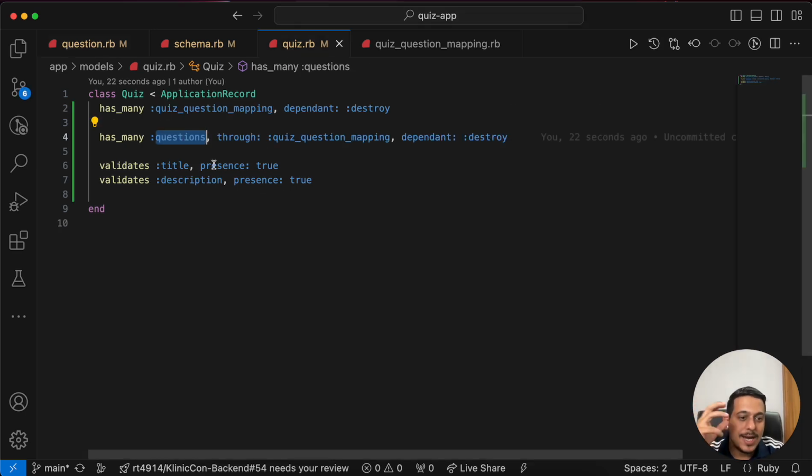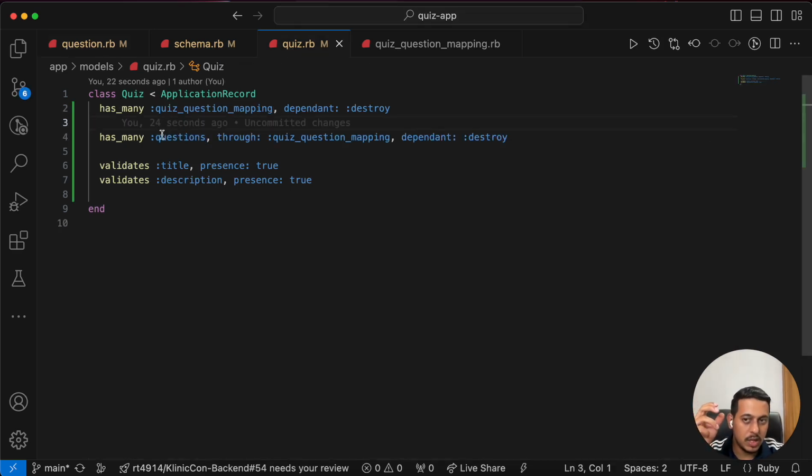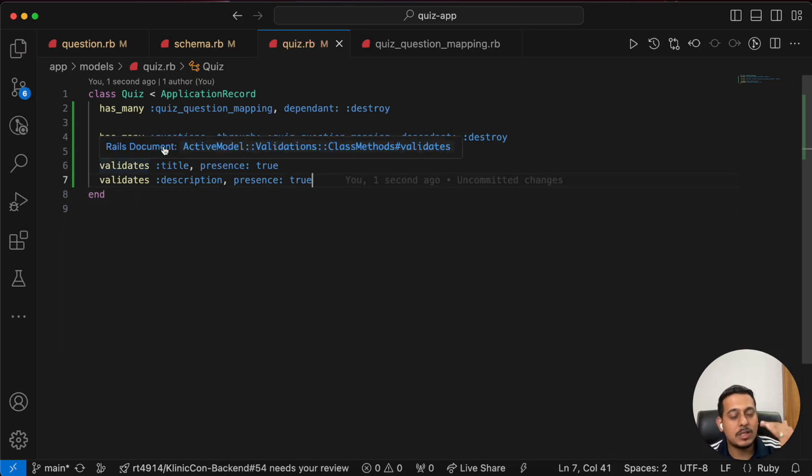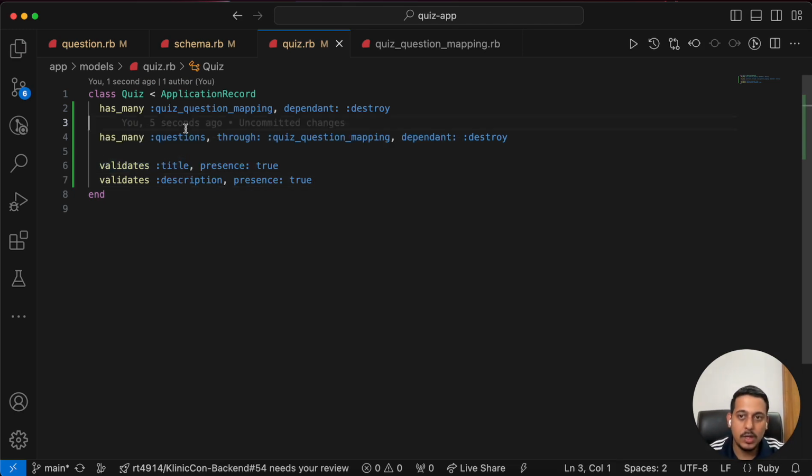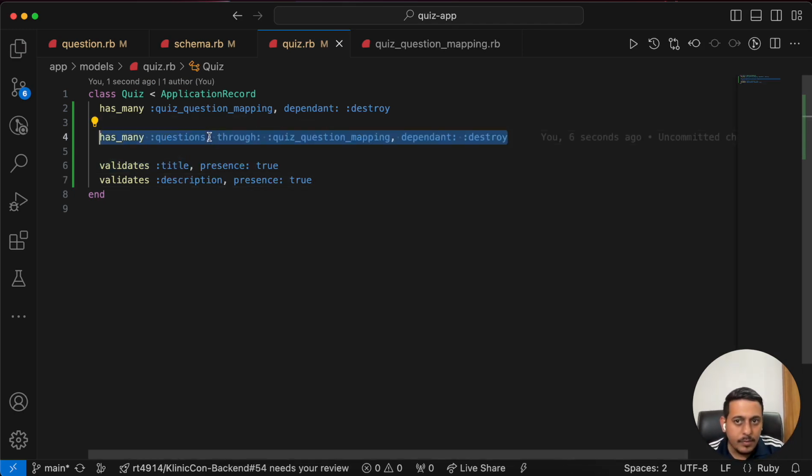Okay. So that's the power of these associations. You can use it in your code, like I mentioned, quiz.questions, and you can use it to manage your database also, to make sure that your database clears entries automatically. Great. Quiz has many questions, that's correct. Similar to that,